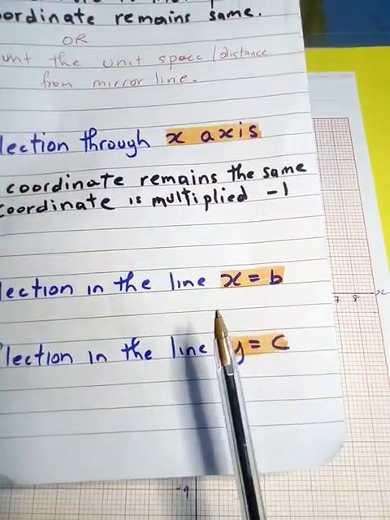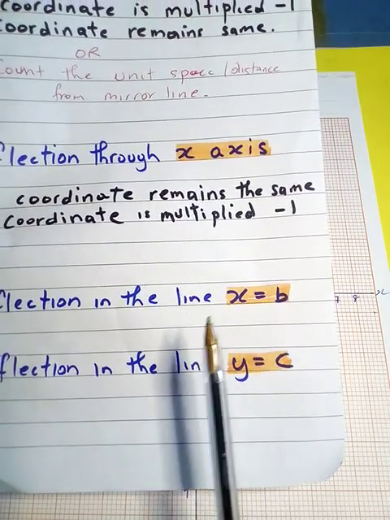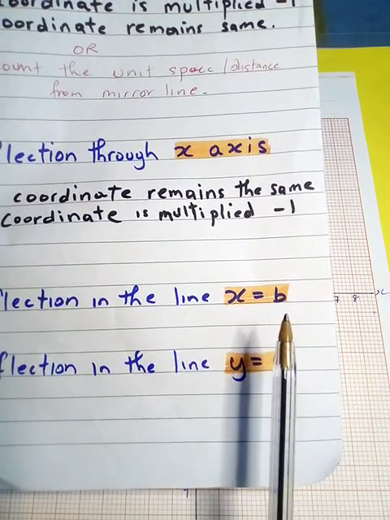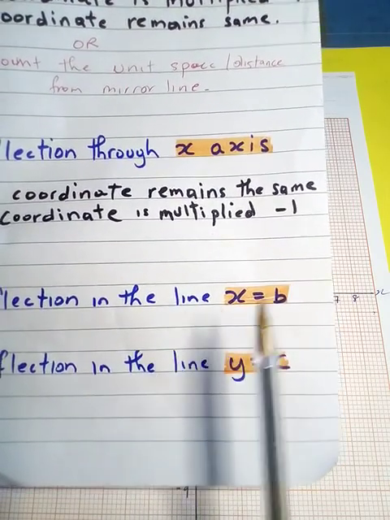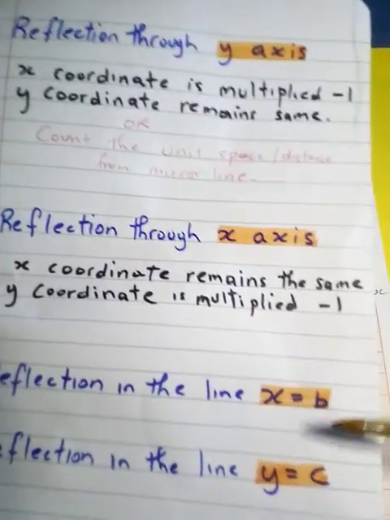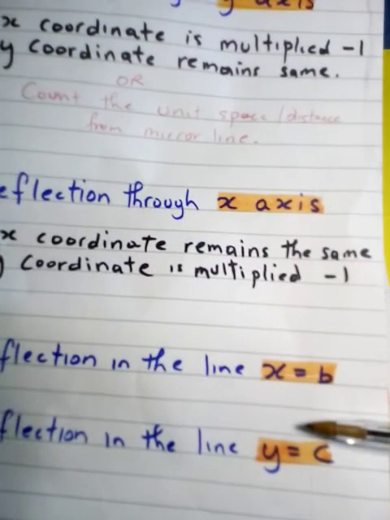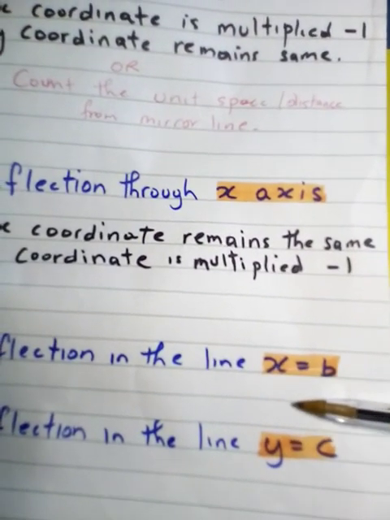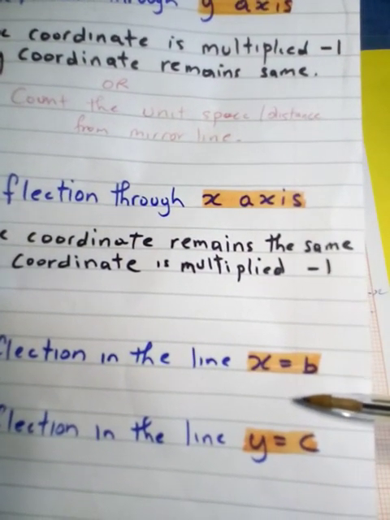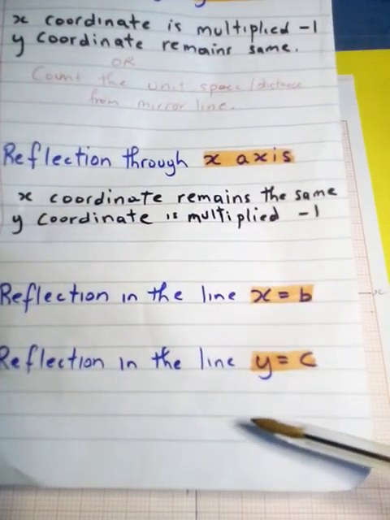Reflection in the line x equal b. We did this already when we were doing linear graphs. X equal b means it's just a number on the x-axis. So when you are graphing x equals 7 and you draw a line through +7, that's what this is saying. Or x equal -3, that's the same thing. So when I say x equal b, it's just a number. You're going to run a linear graph through a number on the x-axis, and then you're going to reflect the object through that. Reflection in the line y equals c,